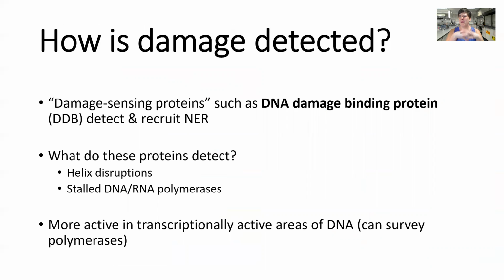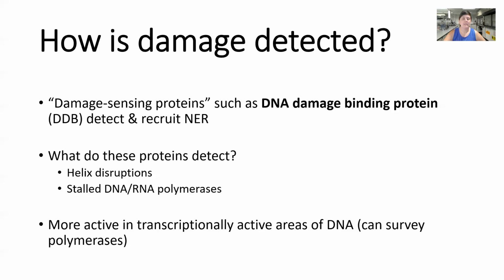So what kind of stuff are they detecting? We talked about thymine dimers, mismatched base pairs. Any sort of issue with the DNA can cause disruptions in the DNA helix properly forming. So they will detect helical disruptions. These are actually more efficient and effective in transcriptionally active areas of DNA. And that's actually because